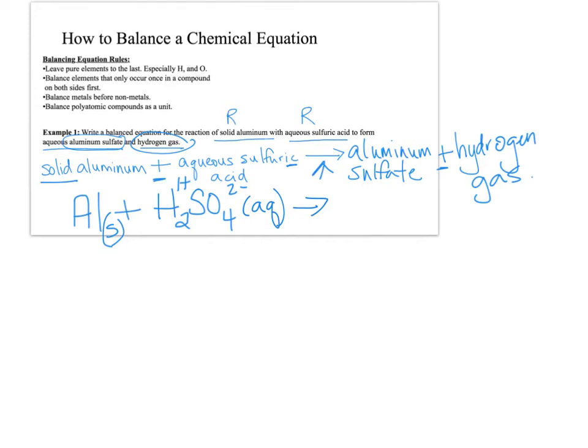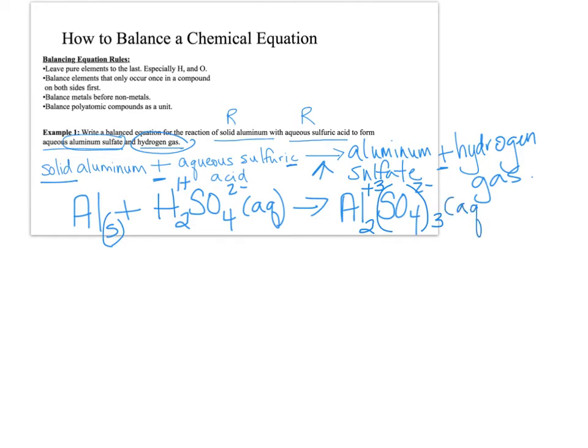Next, I have aluminum sulfate, and the aluminum sulfate is going to be my aluminum coming together with my sulfate. And sulfate has a charge of -2, and aluminum has a charge of +3, so that's going to come together with 2 aluminum and 3 sulfate. See how I put the sulfate in parentheses and then added 3 as the subscript, and again